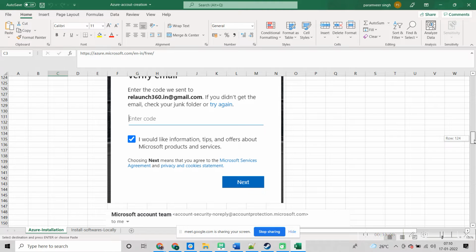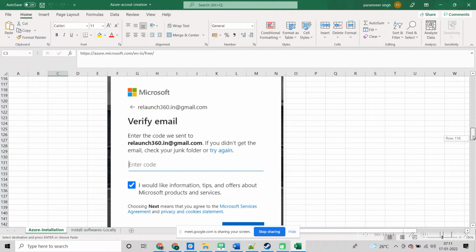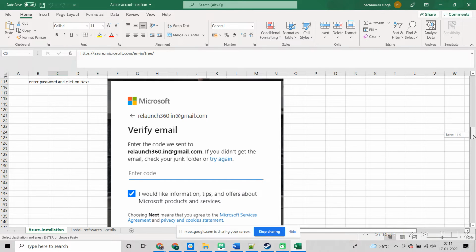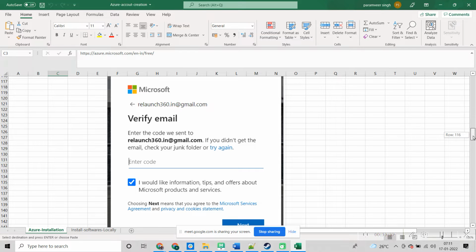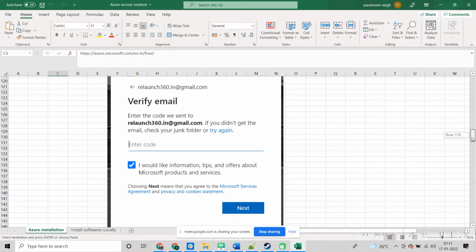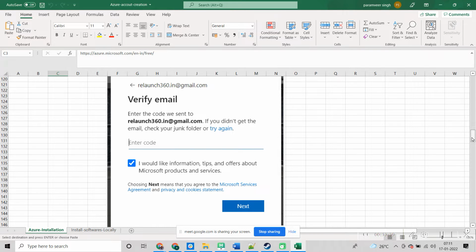That means the account has to exist on a Gmail account, right? No, no, any account that exists, you can sign up with it. These are open IDs, so you can sign in with any account. But there you are creating one account in Microsoft itself with that email ID, so that will become your user ID. In that user ID you will get a code. You need to enter the code.